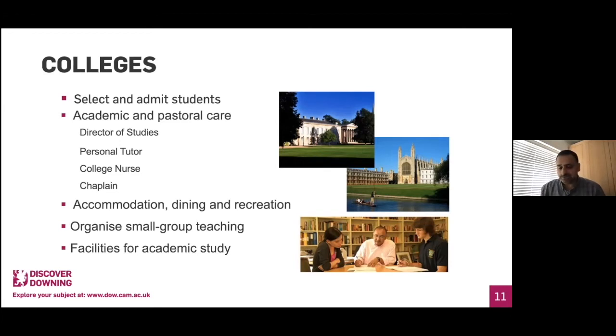What we have at Downing is our chaplain organises, every Thursday, a Keith's Cafe, and that's an opportunity for undergraduate students to get together in the college grounds, have a hot cup of coffee or hot chocolate with a donut and catch up with fellow students. It's quite a sociable event, and it helps build a student community within the college. So those are the sorts of academic and pastoral care that the colleges provide to students whilst they're studying here.